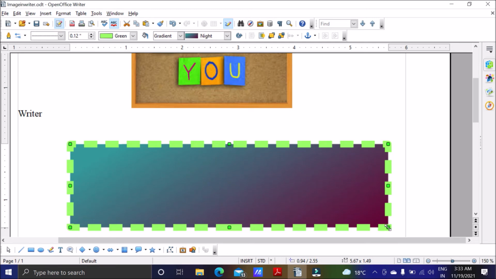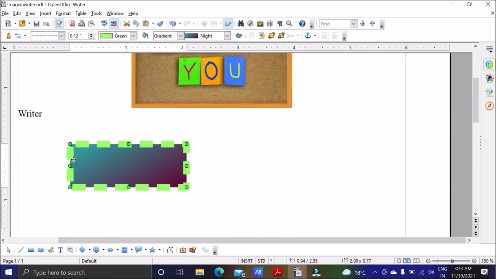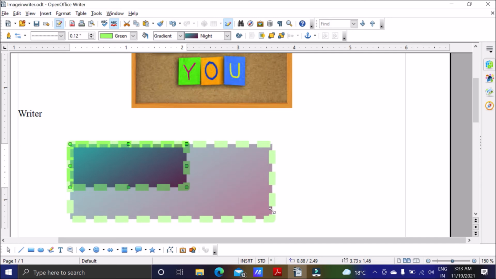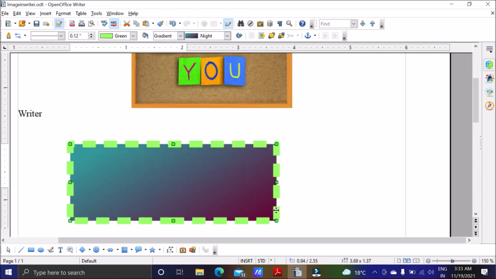Now if you want a proper change in size, meaning the length and breadth should remain in the same ratio, then you have to press the shift key and then change the size. The size will increase, but the ratio of length and width will remain the same.